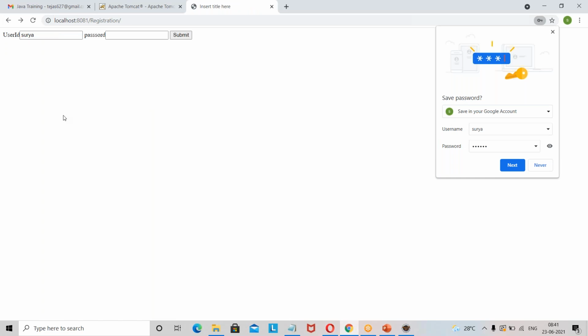Now we understood that we are reading the information here and going to the backend. Tomorrow we'll try to connect the database and see whether the data is present in the database or not, and based on that, we'll fetch the result. So that's it, and tomorrow I'll wind up the session.